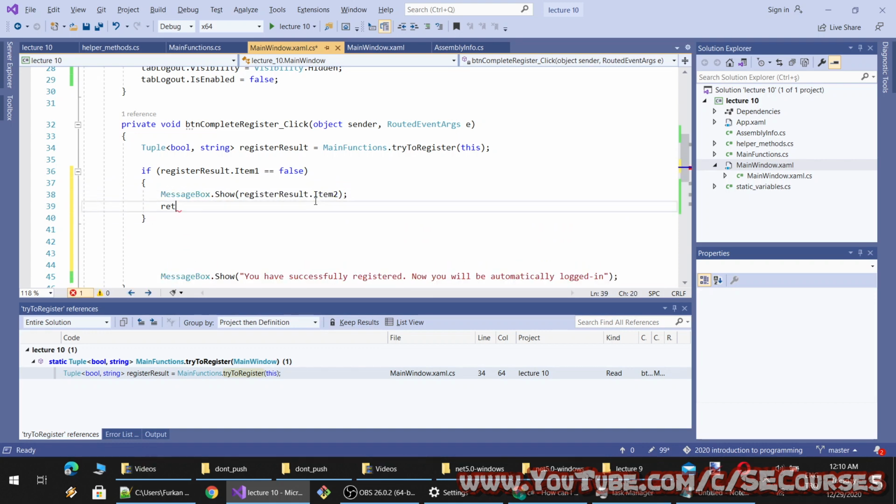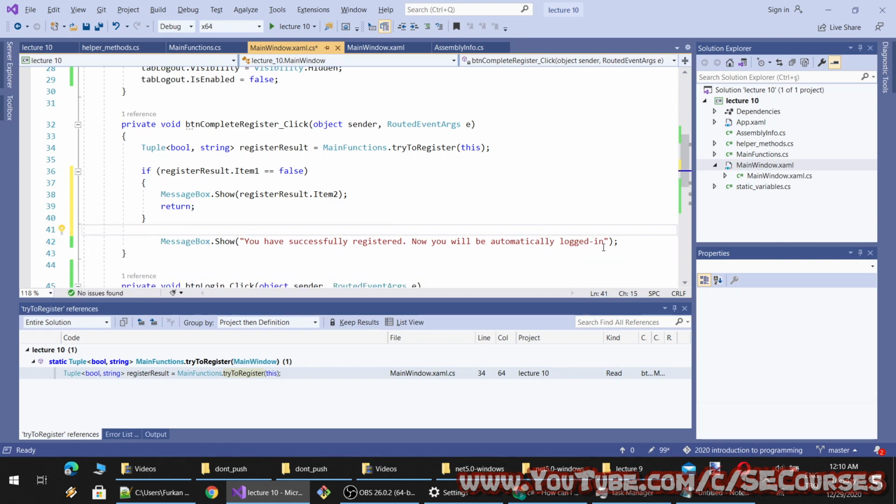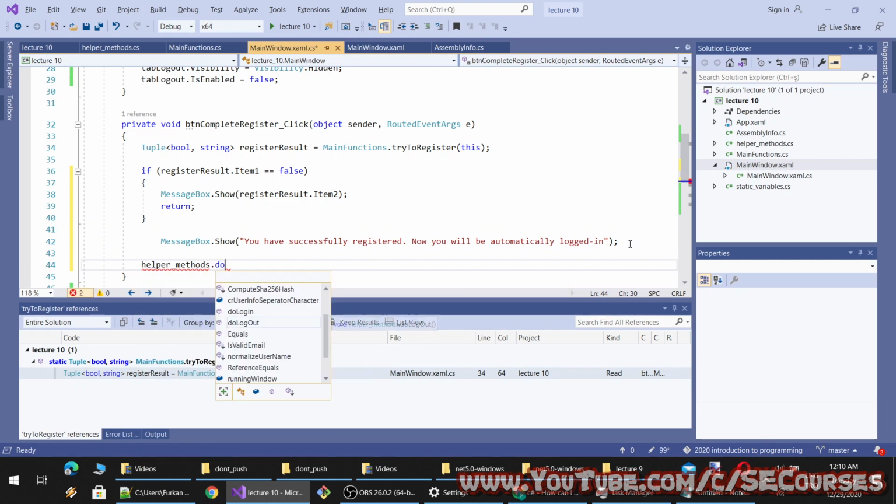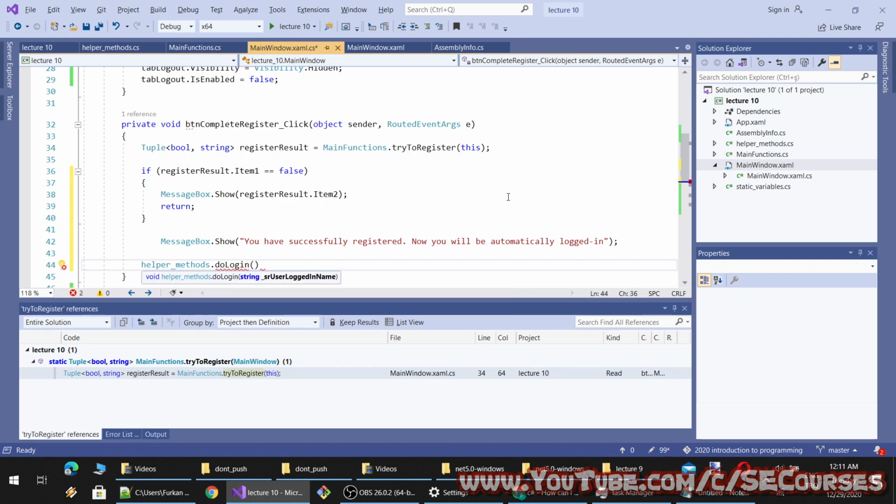So if it is true, it will continue, and here I will call login, okay, it is not auto selecting, and I will provide the username of the user registered from this txt username login. Okay, that's it.